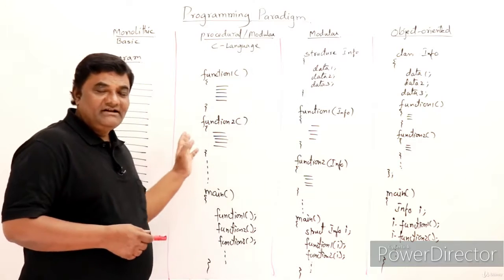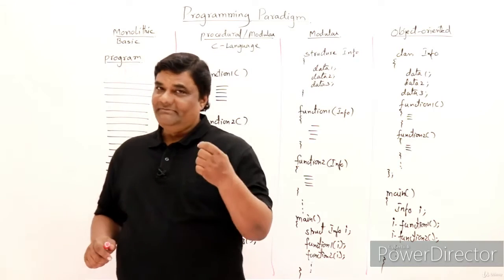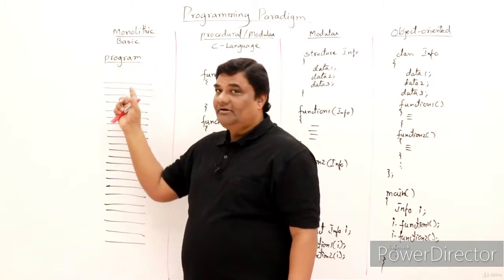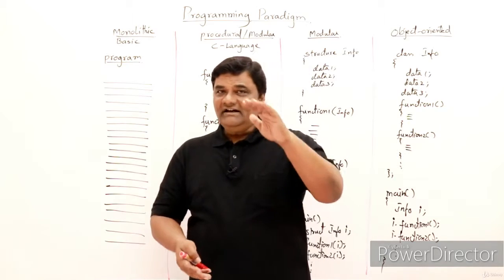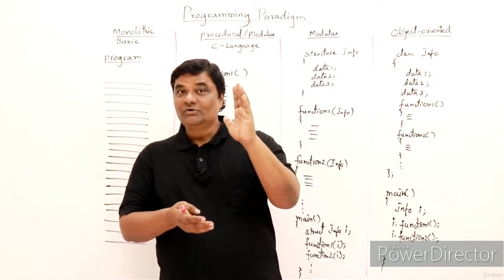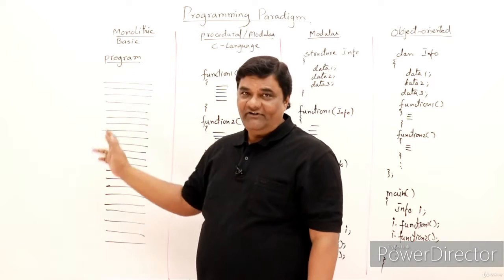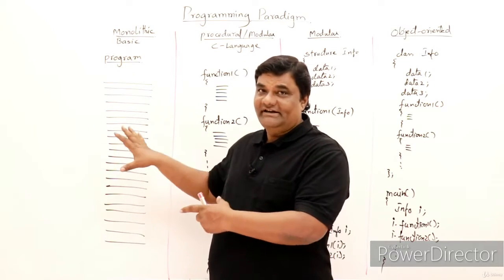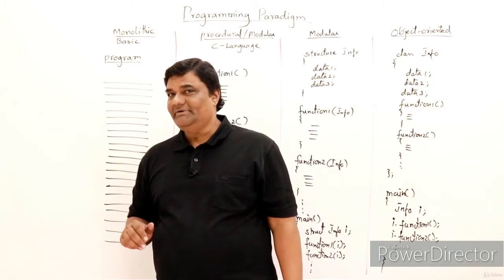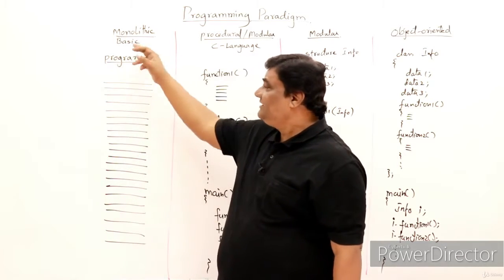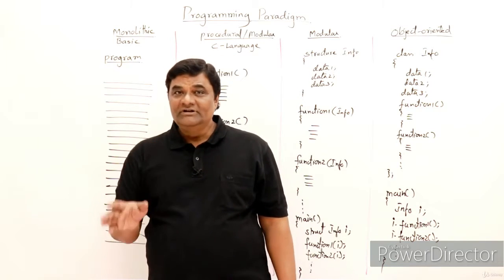I already have some examples here for explaining paradigms. Let us pick them up one by one and study them. First one is monolithic programming. This means the entire program code, the source code, will be a single piece, a single file or single body. This was the early programming, the beginning of programming. For example, BASIC is an old programming language that used to follow the monolithic approach.